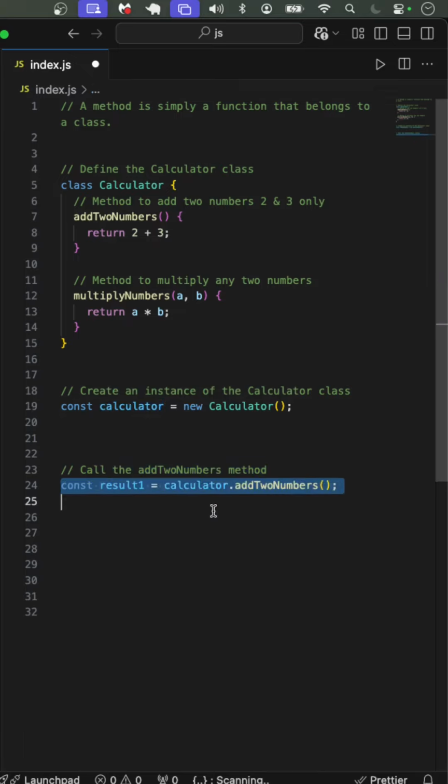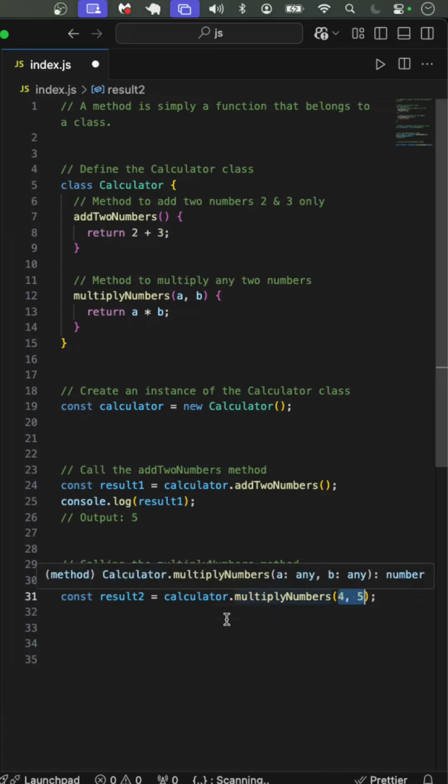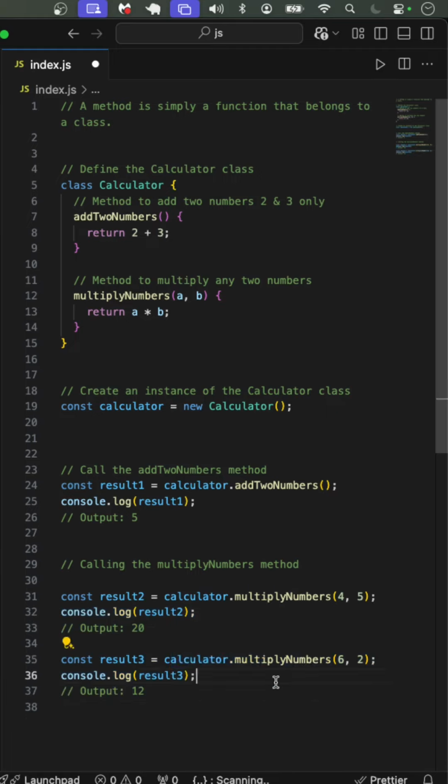When we call the add2Numbers method using our Calculator instance, we get a fixed result of 5 since it always adds 2 and 3. Next, when we call the multiplyNumbers method and pass in two numbers like 4 and 5, it returns the product, which is 20. But when we call multiplyNumbers with 6 and 2, we get the result 12. You can see how we're able to call multiplyNumbers with any pair of numbers as the parameters a and